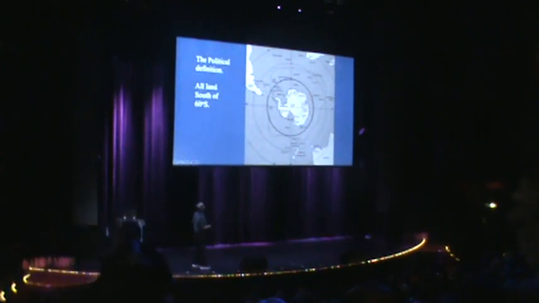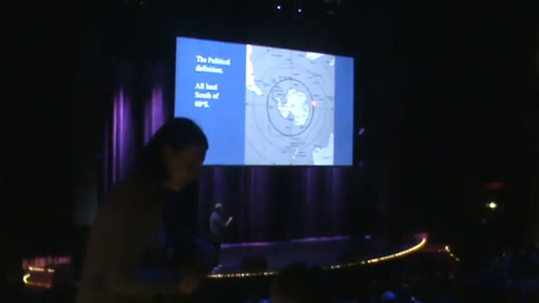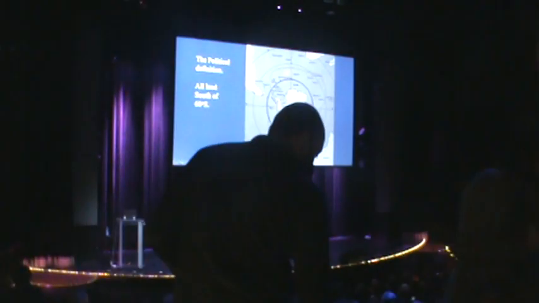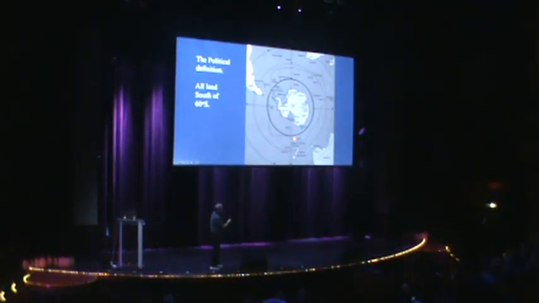And 60 degrees south, which is this map here, that dark black circle there, encompasses all the Antarctic continent, plus the Antarctic Peninsula, and the South Orkney Islands and the South Shetland Islands. Outside that, there are a number of islands dotted around here, which are claimed by various countries like Australia or South Africa, or the UK, in the case of South Georgia up there. And all these islands are sub-Antarctic, and politically they're outside the Antarctic region and outside